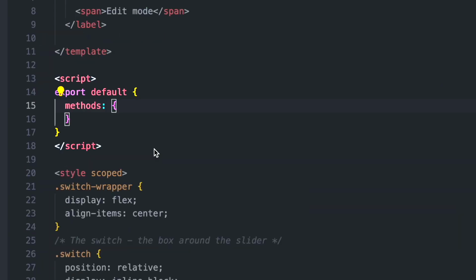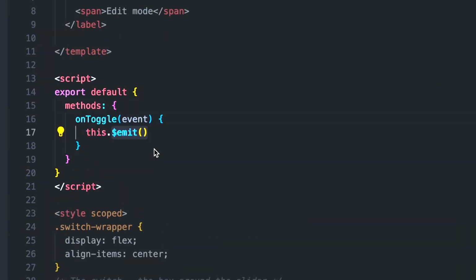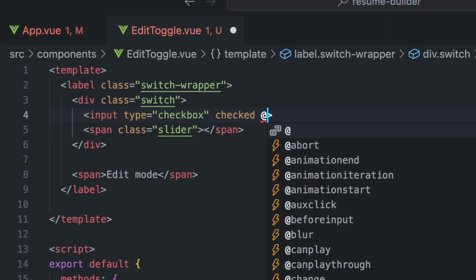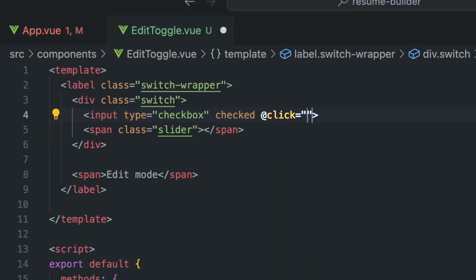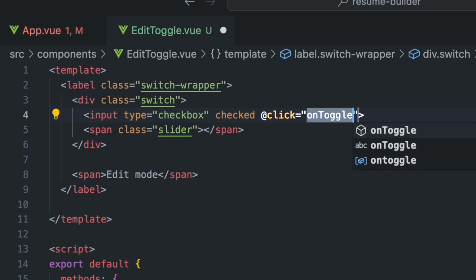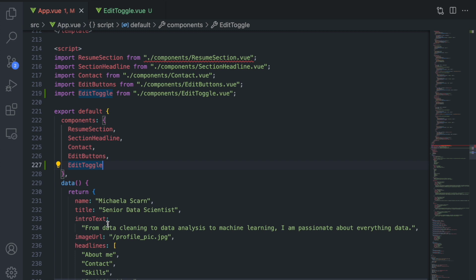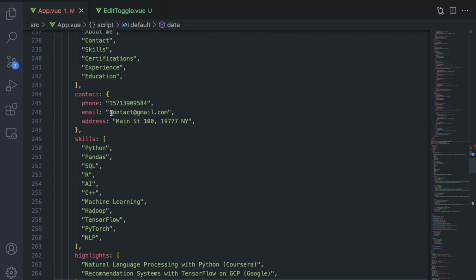We also add a click event listener that sends the value of event target checked along. Event target checked will contain true or false, depending on if the checkbox is checked or not. When the toggle switch is active, the checkbox is checked. Now we are done with the edit toggle component, and we can take care of the necessary logic in the